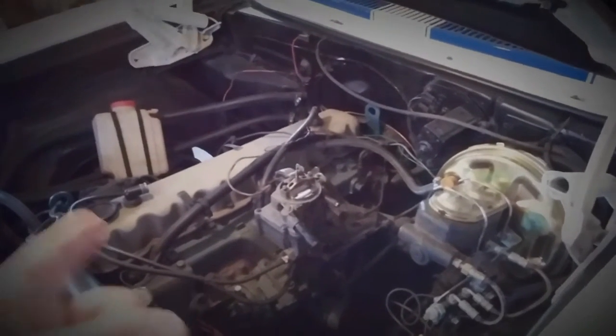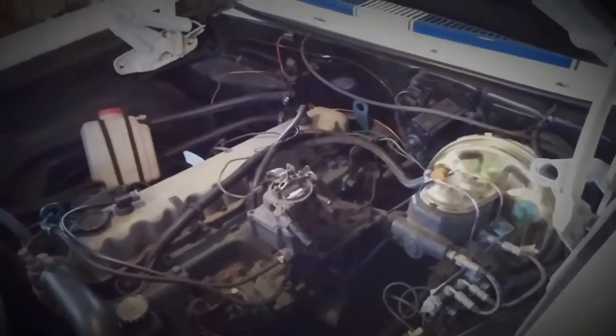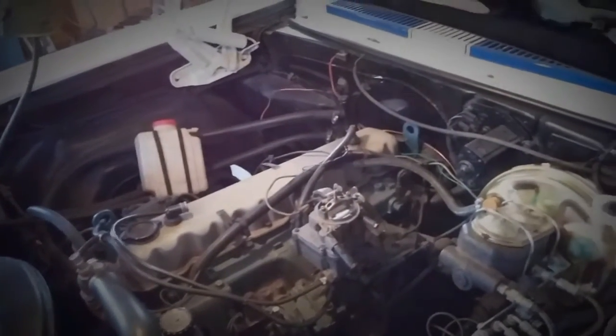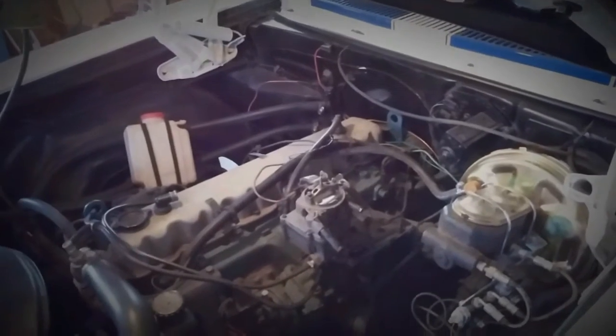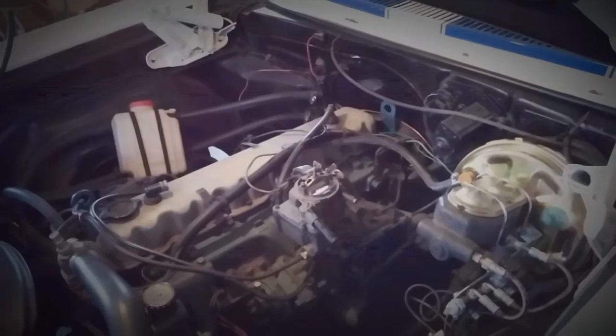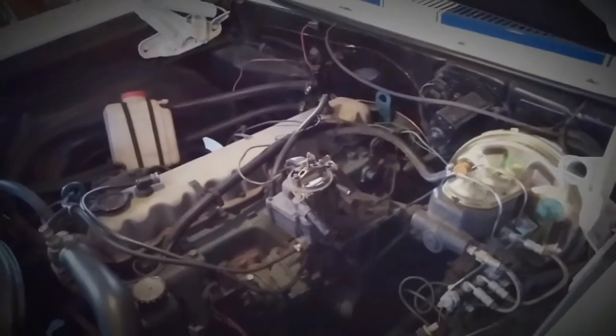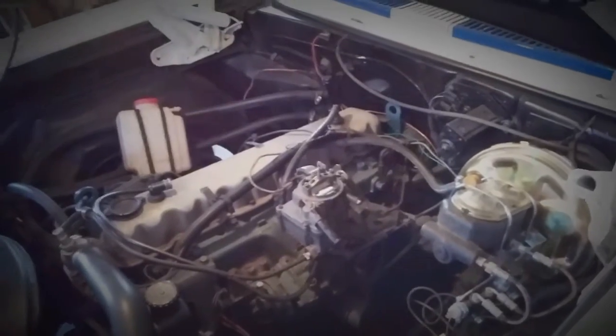So I got a fuel filter to replace. Going to do that just because it can't hurt. I never replaced the filter because it looked pretty good, and now it's got just a slight bit of schmutz in it. So, all right, let's eliminate that as a variable. And I'm going to take this apart and clean it again. So while that soaks